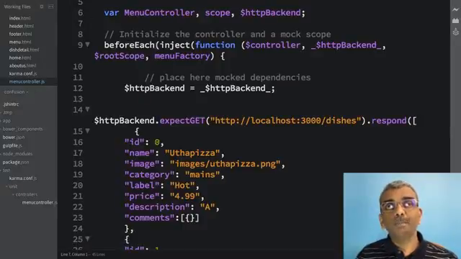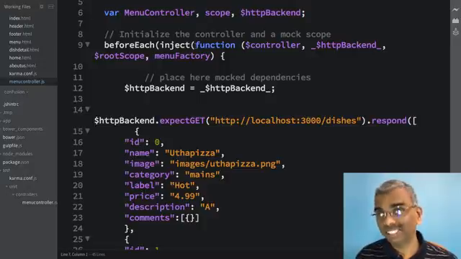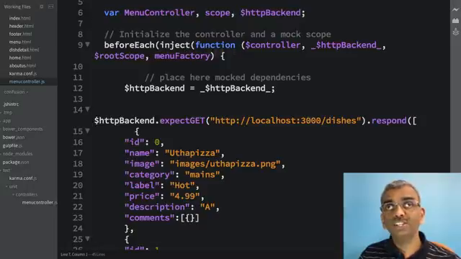So I specify beforeEach inject. This is the dependency, the mock dependencies that I'm injecting for carrying out the tests. So I specify inject function $controller, _$httpBackend_. The underscores will be automatically removed by Angular when the test is being run, and then $rootScope and menuFactory. So I am injecting all these four here so that they can be used while running the test on